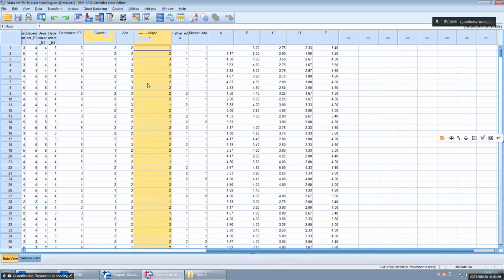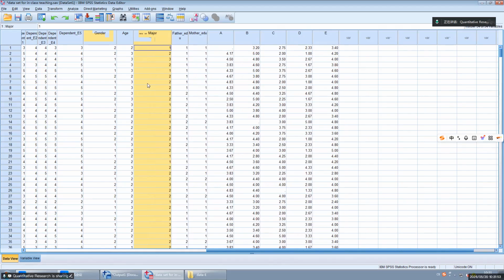Physics, social sciences, and life sciences. Yeah. So we have to create how many? Three dummy variables, right? Yeah. One is representing physics. The other one is representing social science.